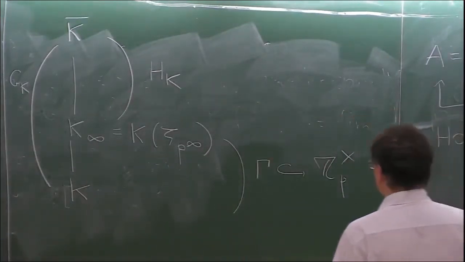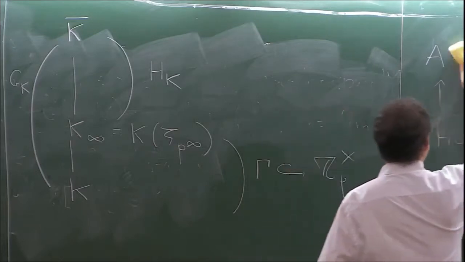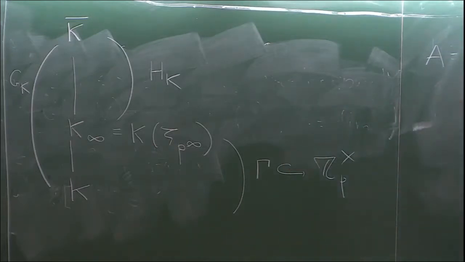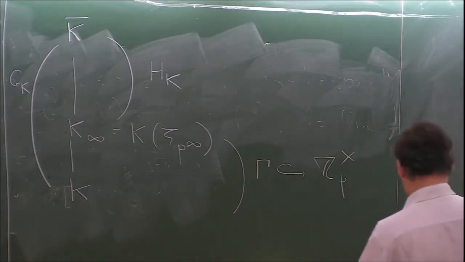Then by the Fontaine-Wintenberger theorem, or in a more modern language, using the theory of perfectoids and the last theorem of the previous lecture, we can say that